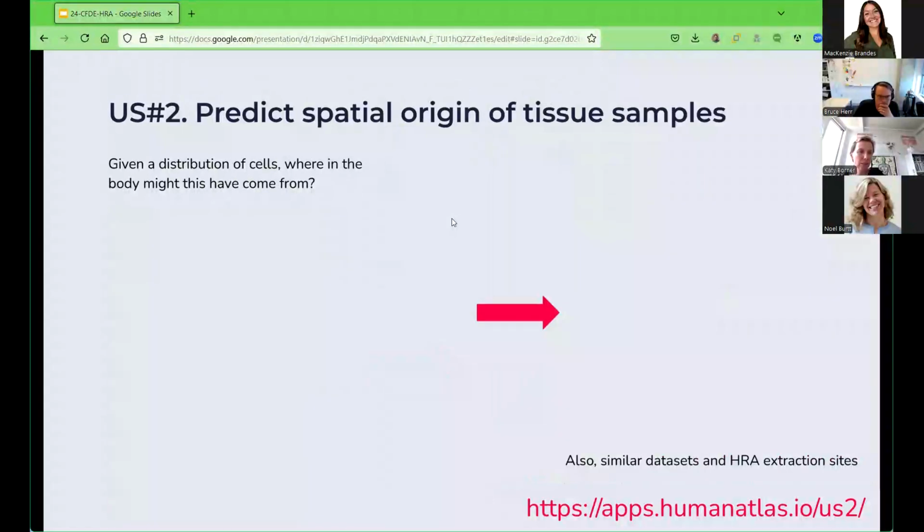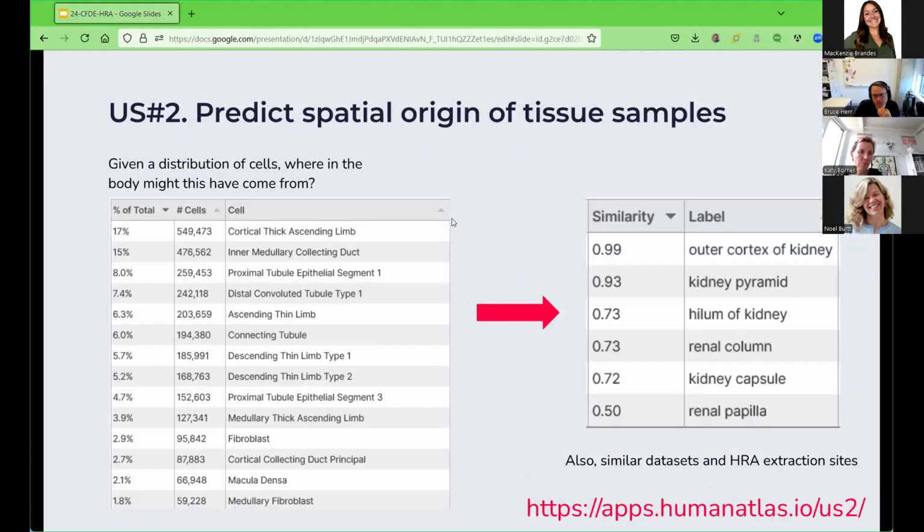So on the next slide, you see user story 2, which is the reverse. So you have a tissue block which already has a cell type population analysis performed. You know how many cells per cell type you have, and you would like to know where the tissue block might have come from. And we can show you this in a 3D volume, but we can also just show you which tissue blocks are most similar, which anatomical structures are most similar, or which corridors are most similar. On the next slide,